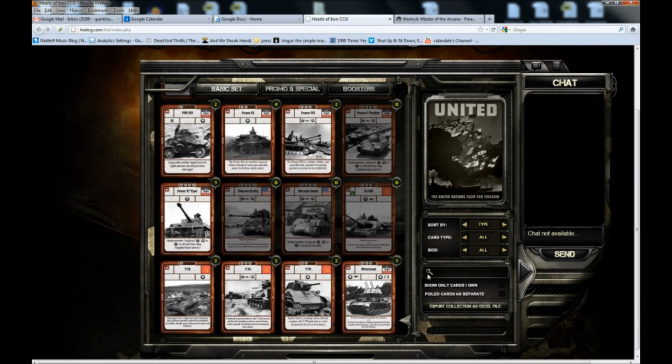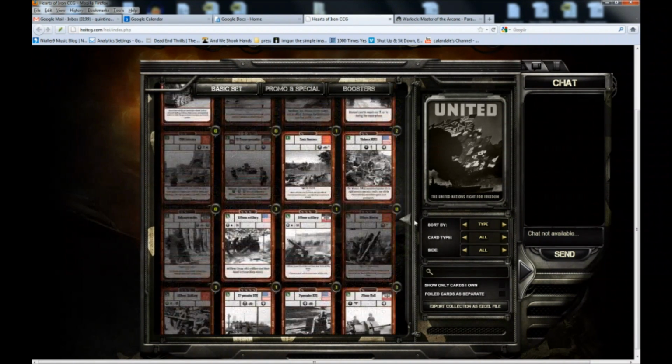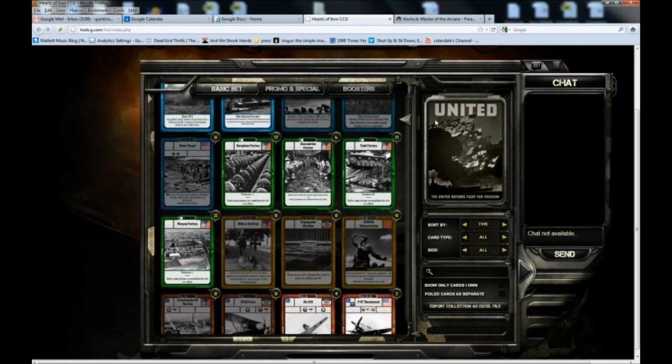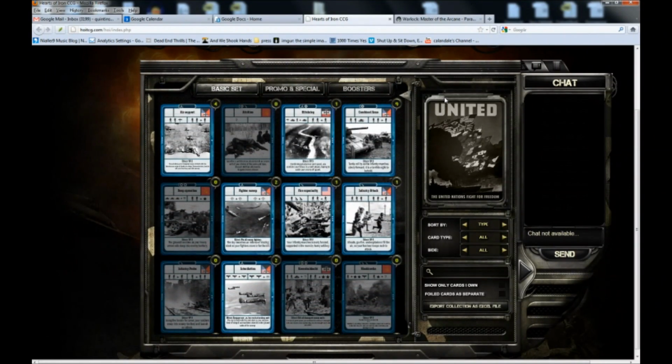Cards can be sorted by name or rarity or type or other parameters. If you sort it by type, you can see the tanks you don't have, and the infantry you don't have, the planes you don't have, the factories and doctrines you...